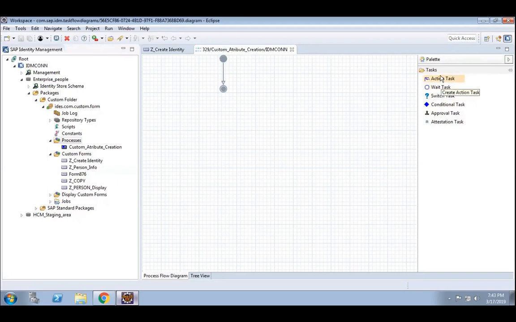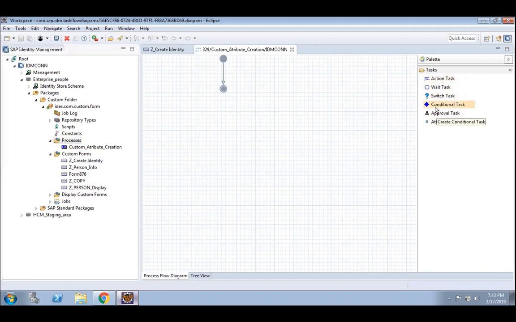Now, the approval task will be coming later on. We will have a separate session for the approval task. Attestation task is mostly not used, only used during the context based assignment. This attestation task will also be discussed later, but mostly it is not in use. The rest of the 4 tasks are normally the ones that will be used.